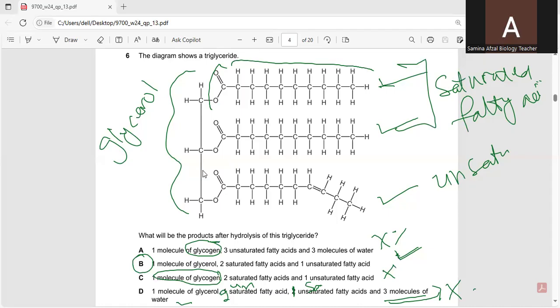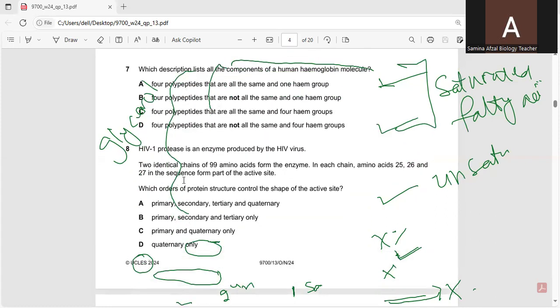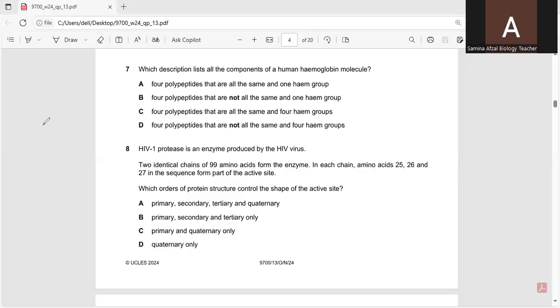Next question, 7. Question 7 is, which description lists all the components of a human hemoglobin molecule? 4 polypeptide chains. Yes, 4 polypeptide, 2 alpha and 2 beta chains. 2 alpha and 2 beta chains, and all chains